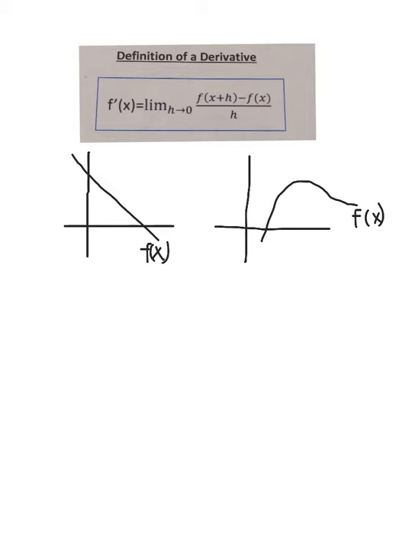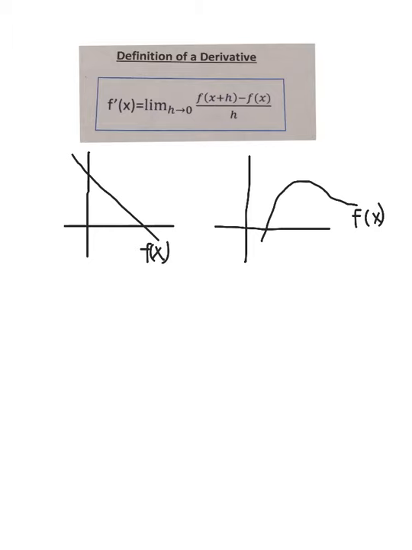So let's first talk about this formula that's in the box up here. Okay, so if you look at this formula right here, this is the definition of a derivative. This is the notation for derivative, that little, we call it a prime. So this is f prime of x. That's saying the derivative of f of x. Okay, now we do have a definition. We're not going to really talk about this too much this year, but what I want you to see is,